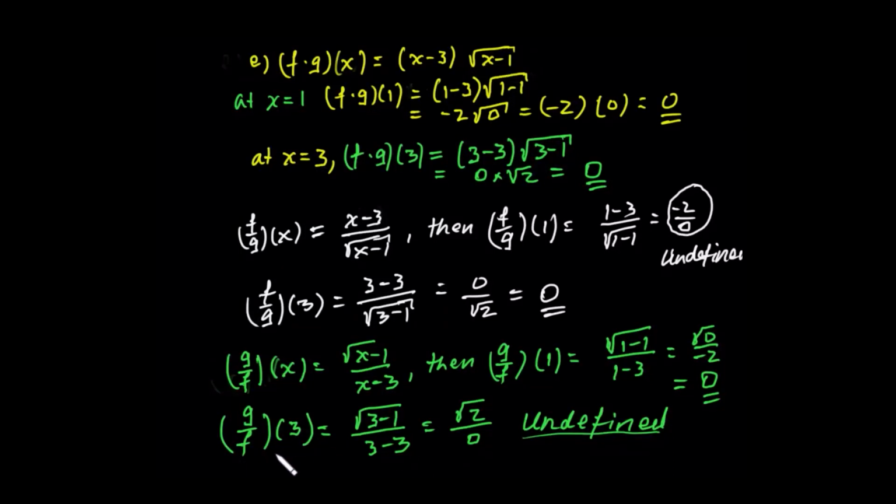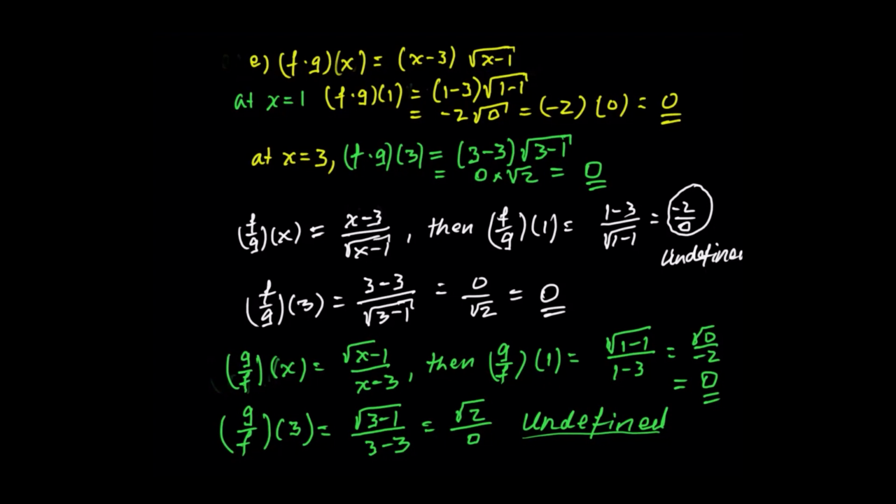ምንድነው የሚያመለክተው? 3 is not in the domain of g over f ማለት ነው። domain of g over f 3 exclude ያደርጋታል። የሰራነውን ተመልከቱ። ስለዚህ at 3 g over f has no value. ስለዚህ square root of 2 over 0 ስለሚመጣ undefined ይመጣል ነው። እንግዲህ ኢቫሉዌት ስናደርግ በተሰጠው ቫሪያብል ምትክ አስገብቶ ቫልዩን ካልኩሌት ማድረግ ነው።